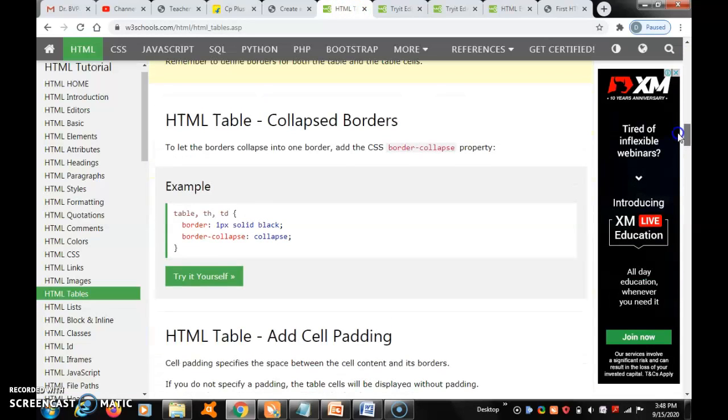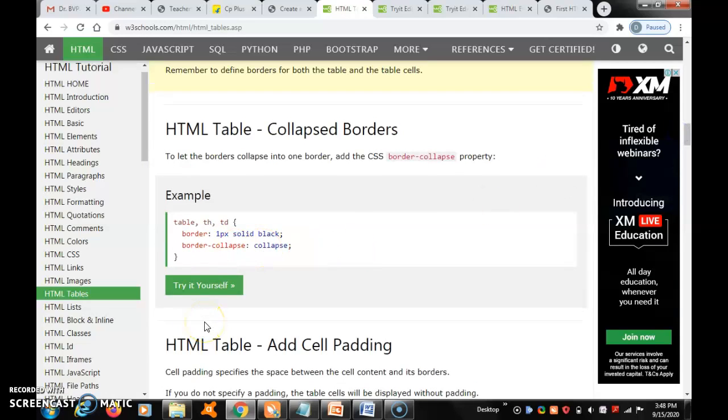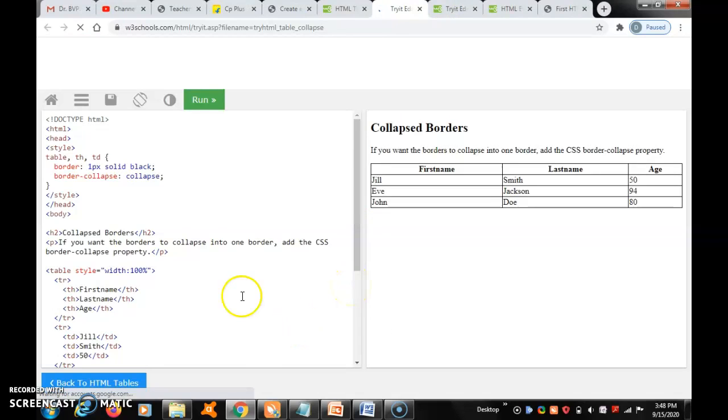Here HTML collapsed border. Collapsed border means the borders are merged in a different way. Here a single line, whereas the solid border gives a double line. So that's all. Here table, th, same thing only.